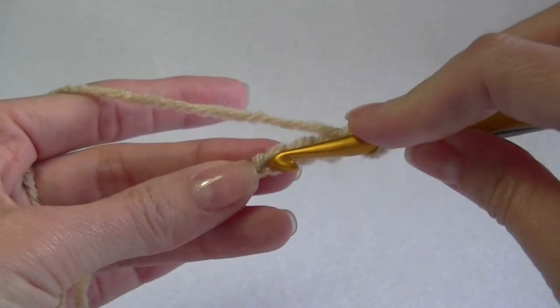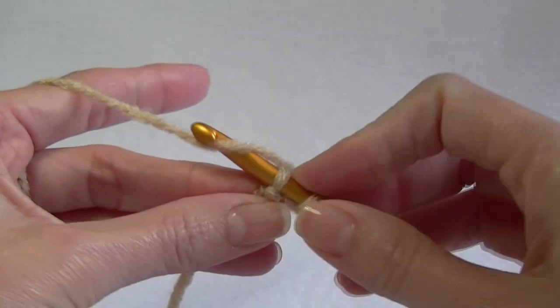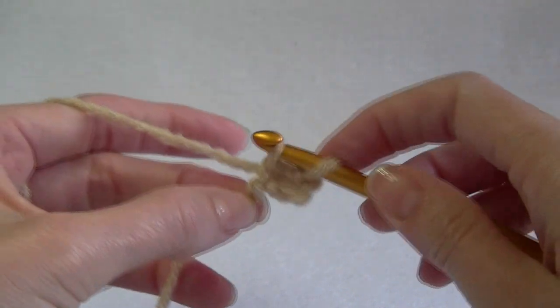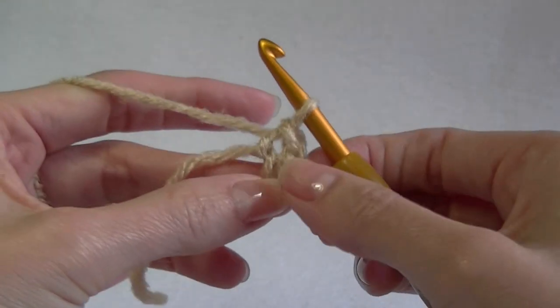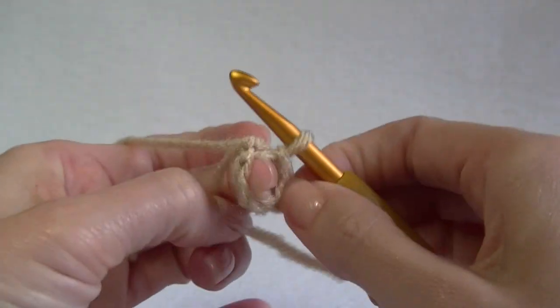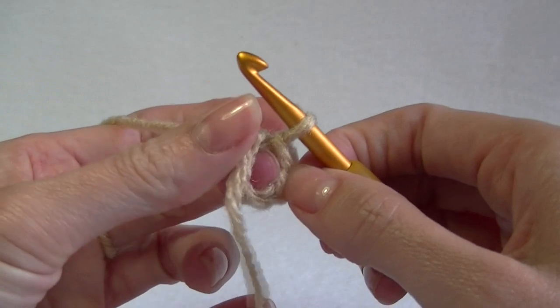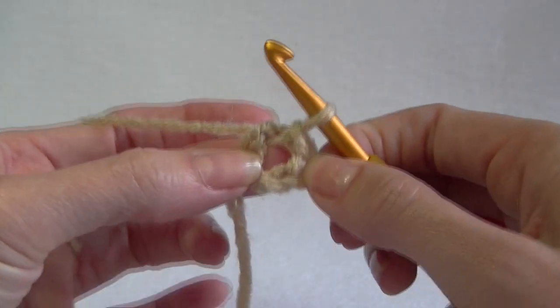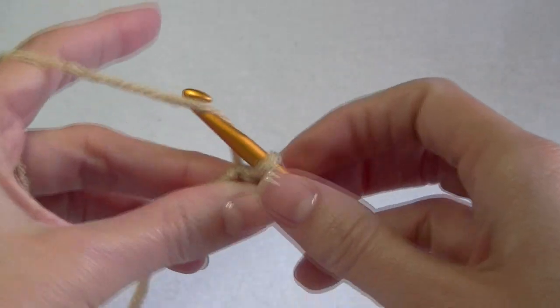We're going to slip stitch into the first chain. So we're going into the chain, yarning over, pulling through, and then pulling through that side as well. Create this little tiny circle. So this step you could also use a magic ring. So if you've got a magic ring or this little chain 4 and join, what we're going to do now